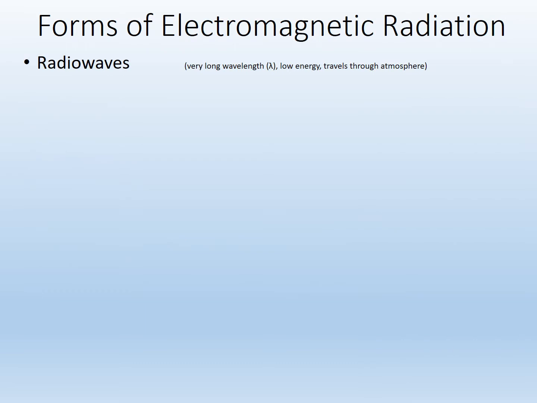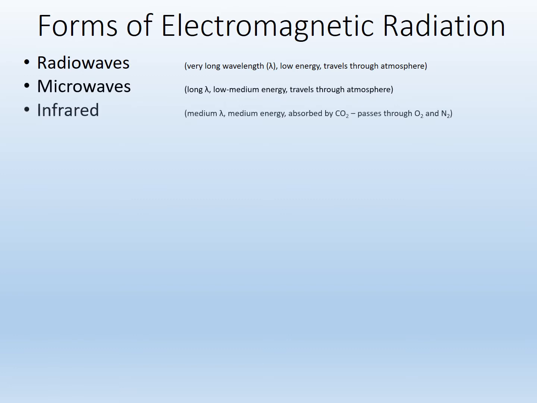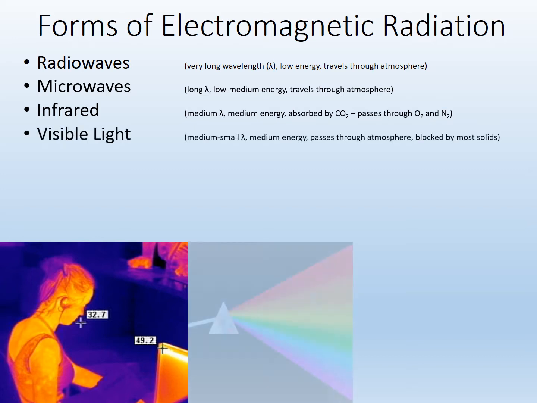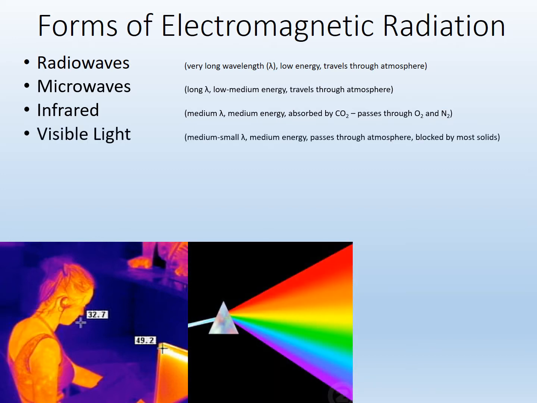Now let's talk about the kind of energy that comes into the Earth's atmosphere and how that affects the atmosphere. Now, this is a review over stuff you've learned before, but of course, energy can arrive to Earth in the form of electromagnetic radiation, including radio waves, very long wavelengths with low energy, microwaves, infrared, which we mostly detect in the form of heat, the visible part of the spectrum, which we can see,